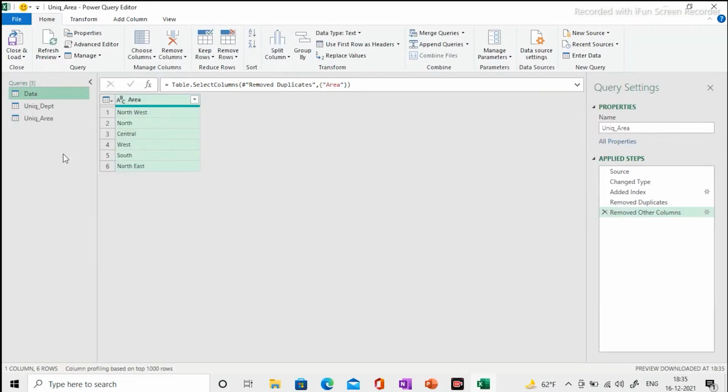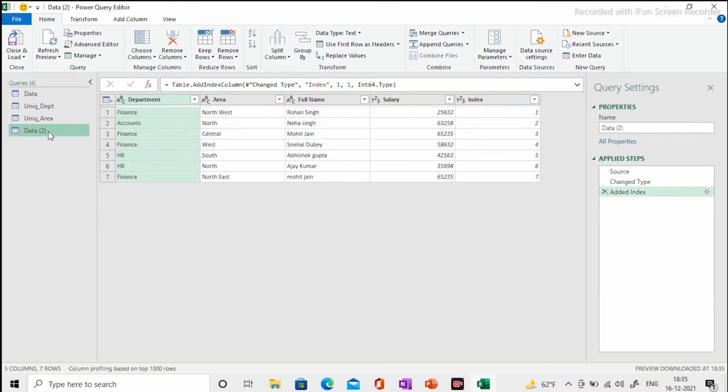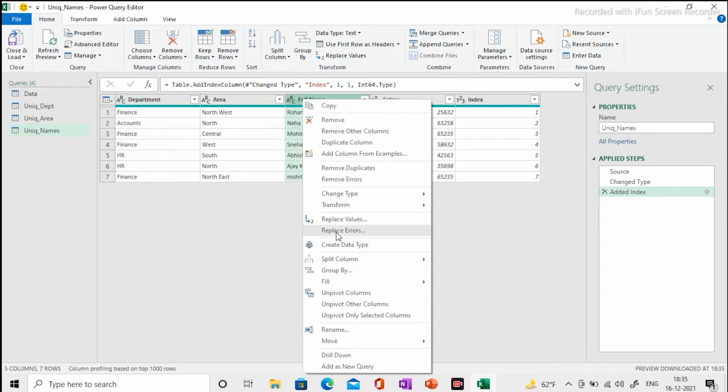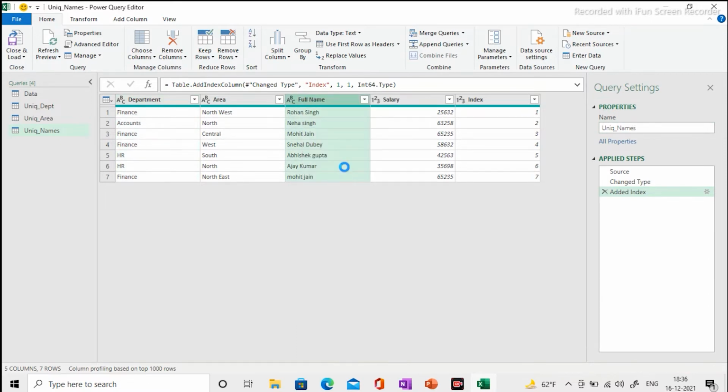Now I will again go to this. Again I will duplicate. This time I want the unique names. Unique names. Let me right click, remove duplicates,